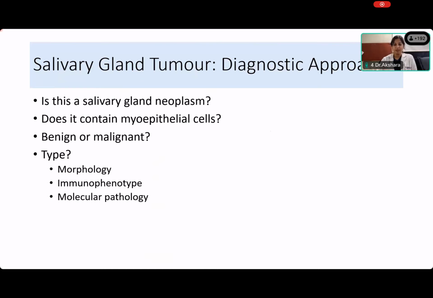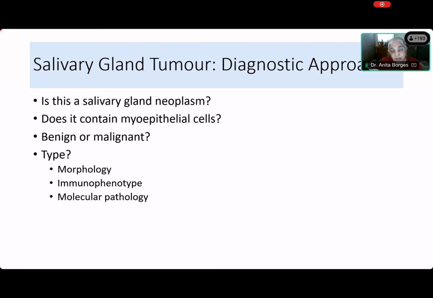So if there is a lymph node enlargement, that can be mistaken for a salivary gland. Yes, Akshara. Developmentally, embryologically, the two major salivary glands, the submandibular and the parotid gland, are intimately developing along with lymph node structures. That's why you can get normal salivary gland tissue within lymph nodes in the region of the parotid, not very commonly in the submandibular gland, but in the parotid it's very common, or you get lymph nodes inside the parotid.